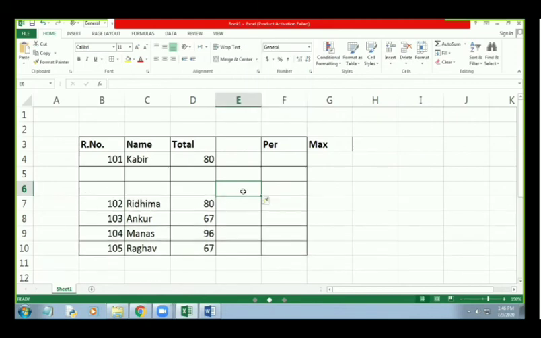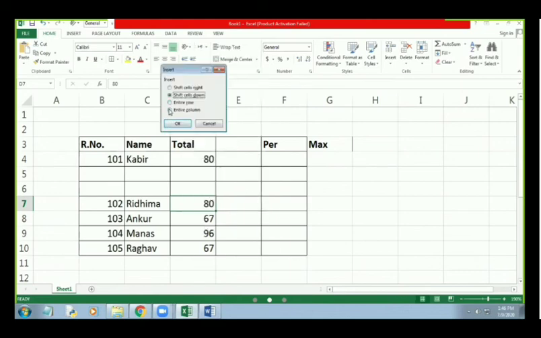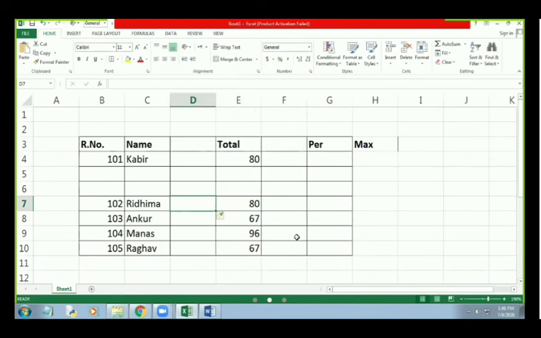Next, if you have to insert a column, click on any cell, right-click, click Insert again, then choose entire column, and click OK. Then you can insert a column in this way.